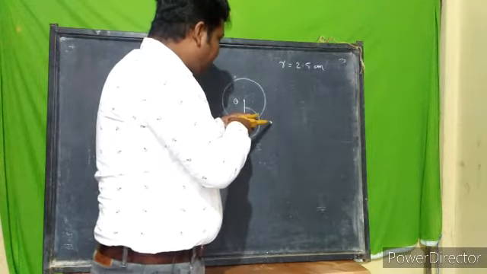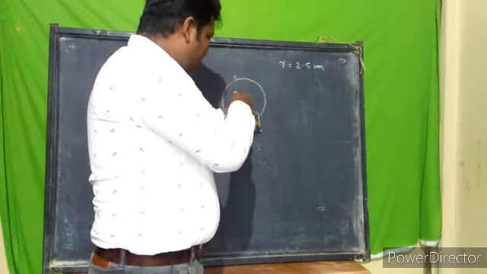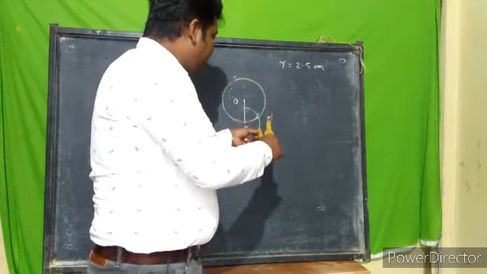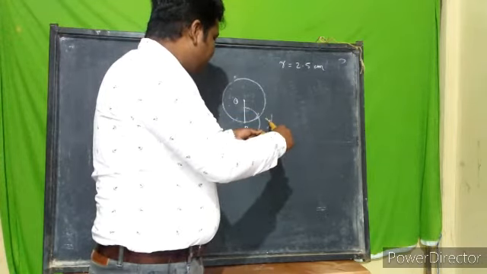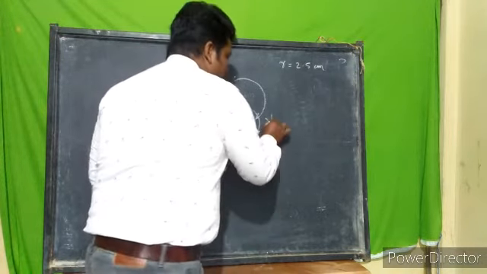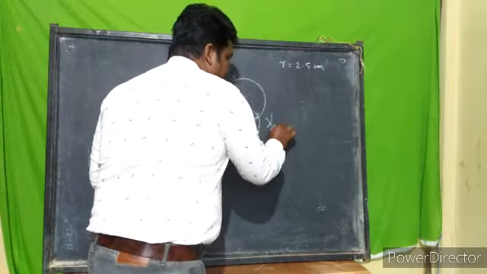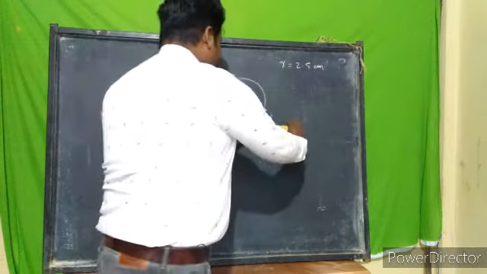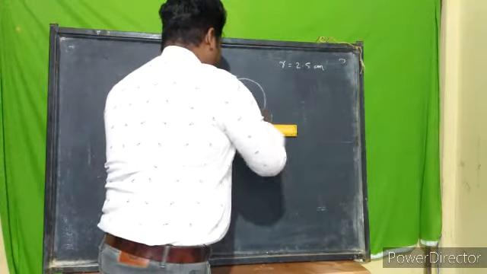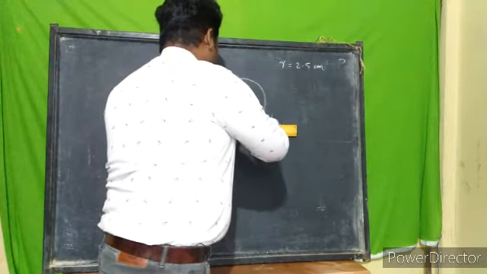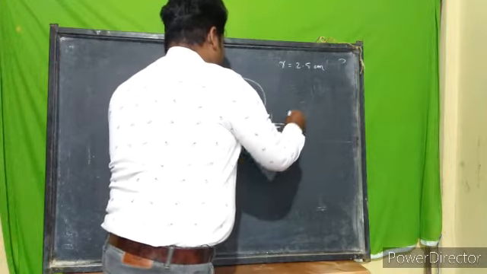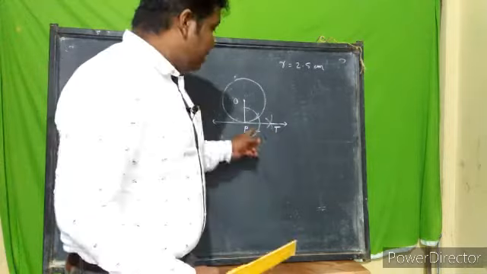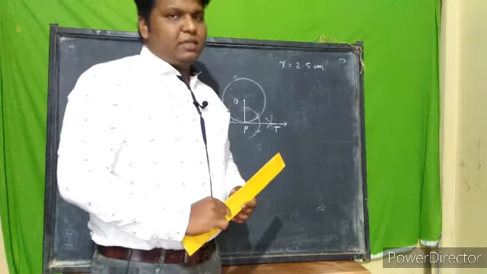And again from that point, cut the arc one more time. And from these two new points, make an arc on the top of the circle. There you got it. So take this point as T. If you are joining this point P and T together, here it is. So we can say this PT is the required tangent.